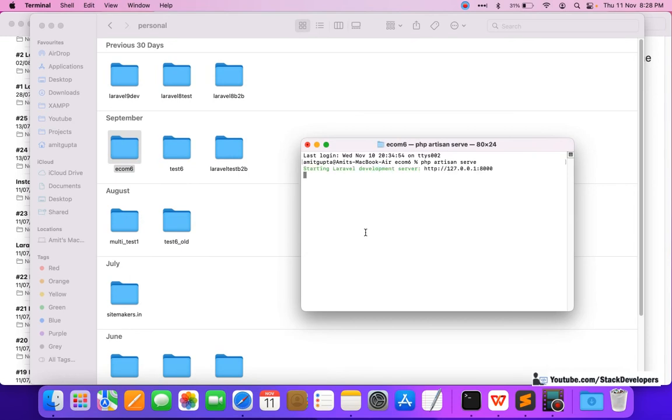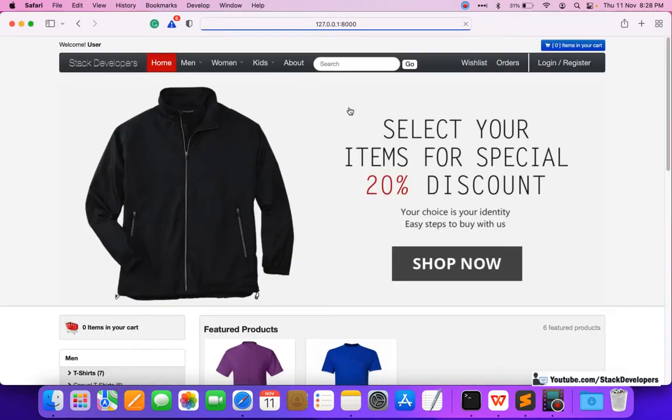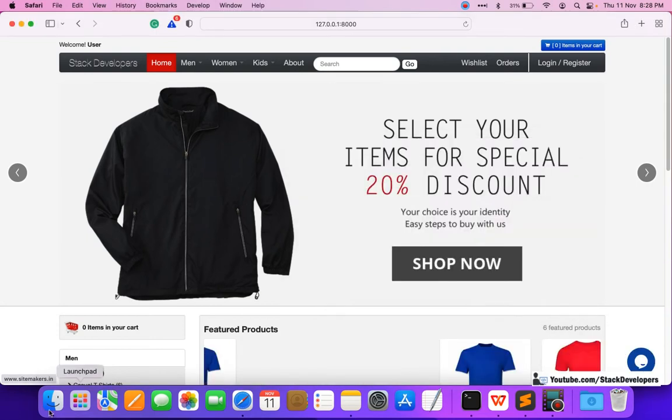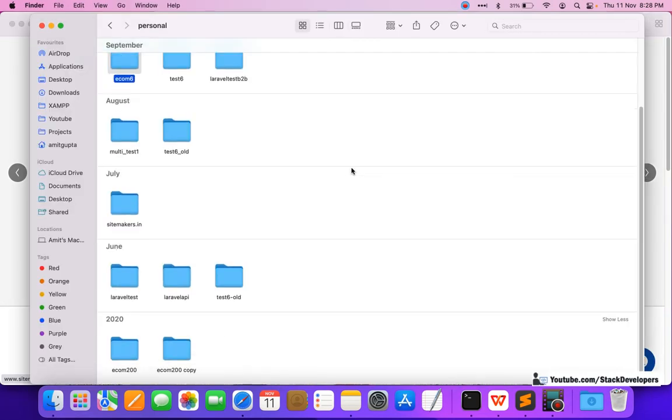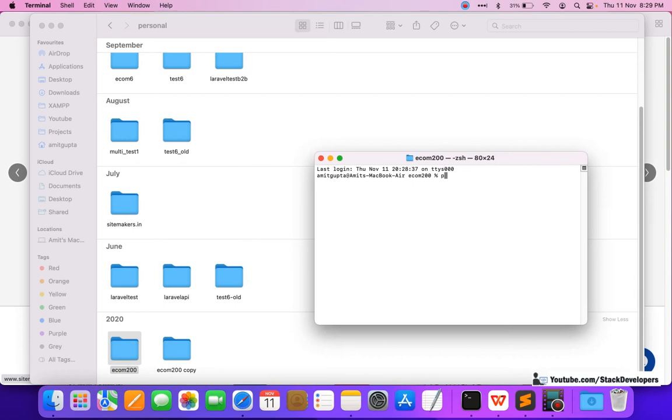So one project is running, and this is our advanced e-commerce website. The next project I want to run is the basic e-commerce website, which we did a long time back, and I want to run it on a different port. I use php artisan serve with port equal to 8010.